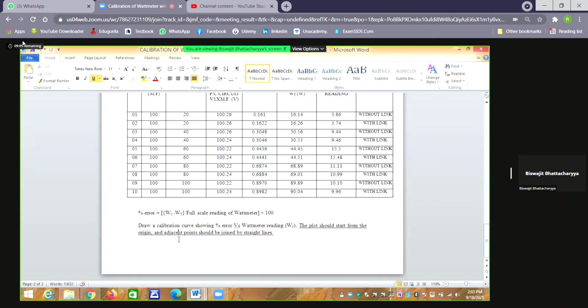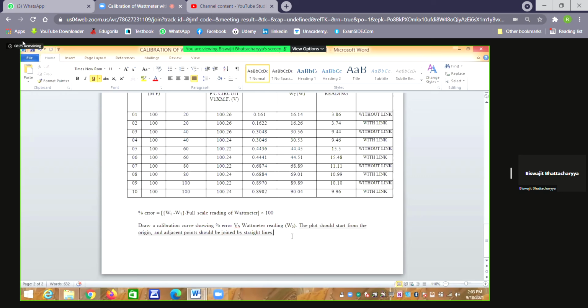And adjacent points should be joined by straight lines. Why straight lines? Since we don't know the pattern of errors, which curve should we select to join the points? This is not defined. Therefore, two experimentally obtained points will be joined by a straight line. It means that we have performed the experiment at the two ends of the straight line. Any other result along the straight line is not guaranteed.